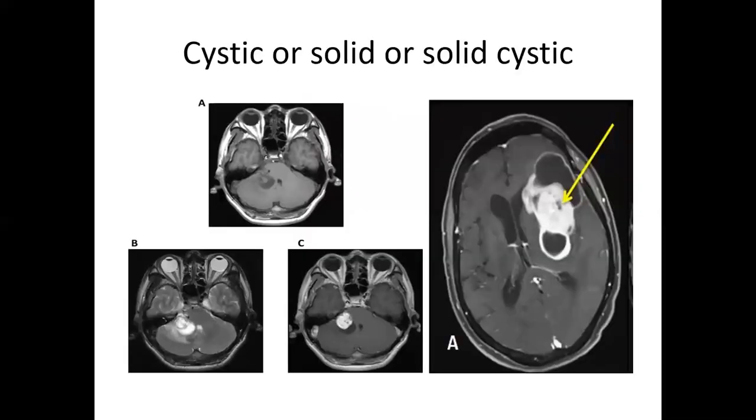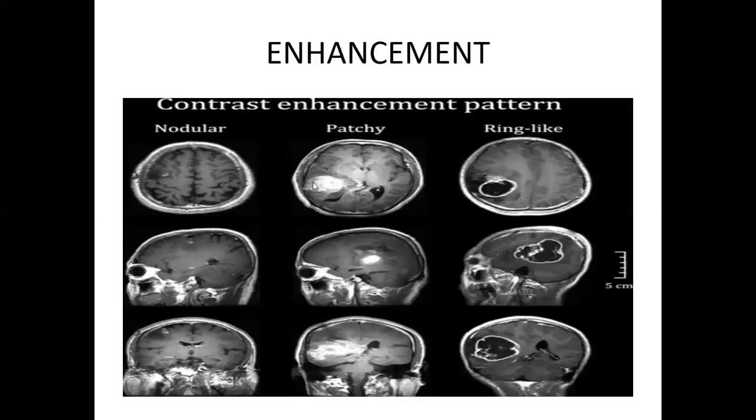Again, one thing you have to find out is whether this lesion is solid, solid cystic or cystic. This is a solid cystic lesion, cystic as well as solid here. The solid is the larger component. Mostly gliomas and high grade gliomas have a solid cystic lesion, metastatic lesions are solid cystic, and pilocytic astrocytoma is solid cystic. So we have to define whether it is solid, cystic or solid cystic.